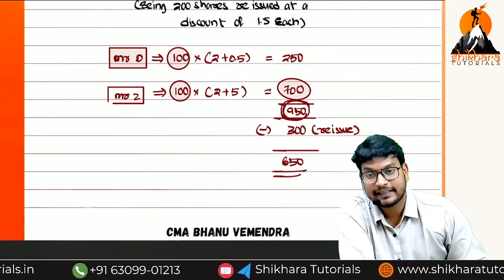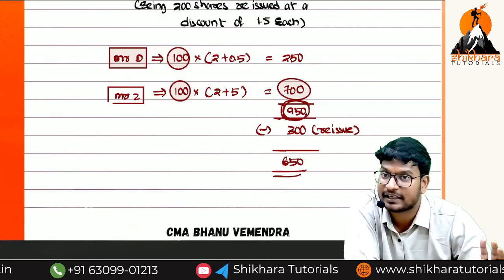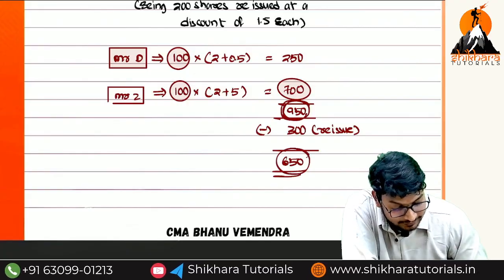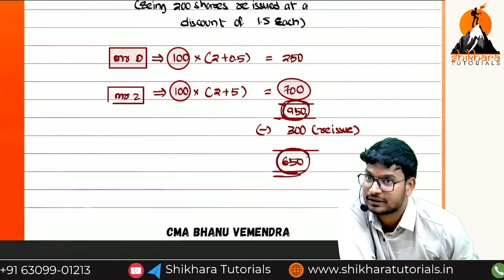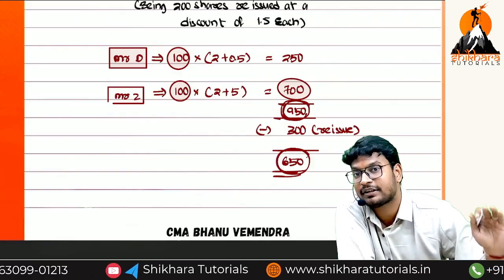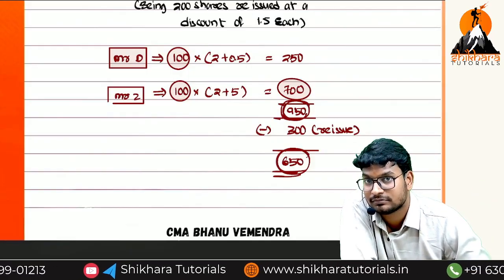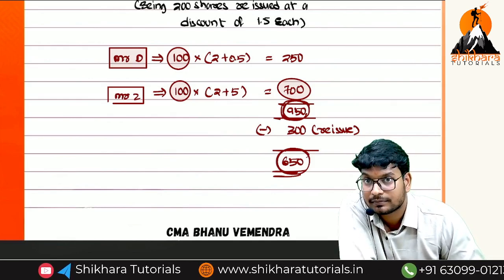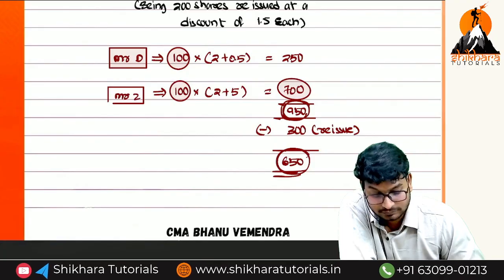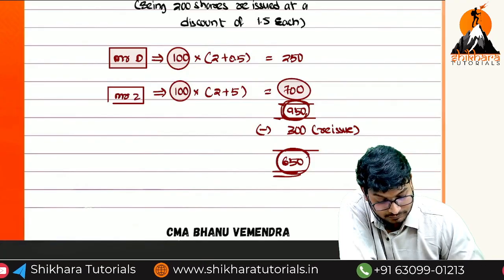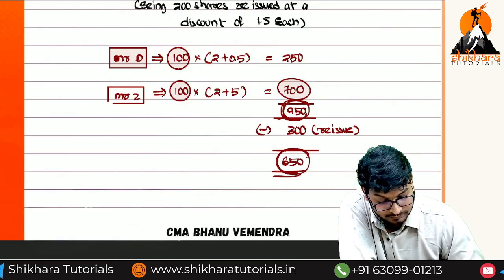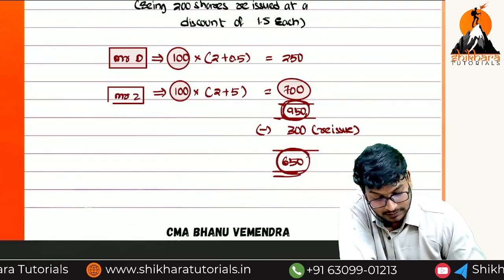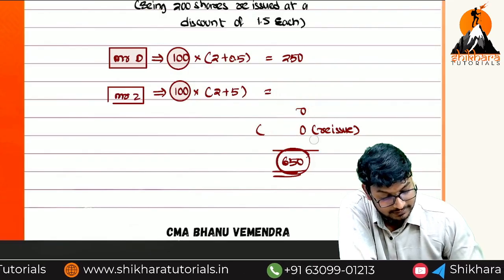Okay. What is the entry now, ma'am? Ultimately, how much amount do we have to transfer to the capital reserve? 950, 650. Okay? Is there any doubt up to here? What is the balance still available in the forfeiture account? Okay, here there is a point, ma'am. Wait a second.